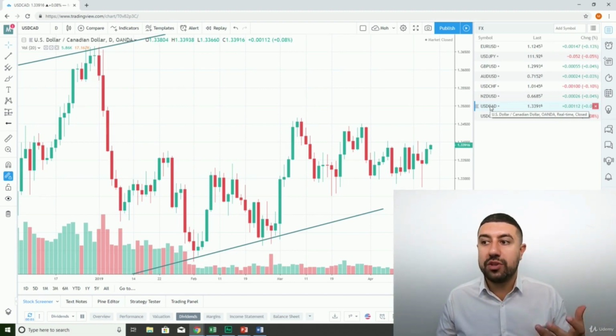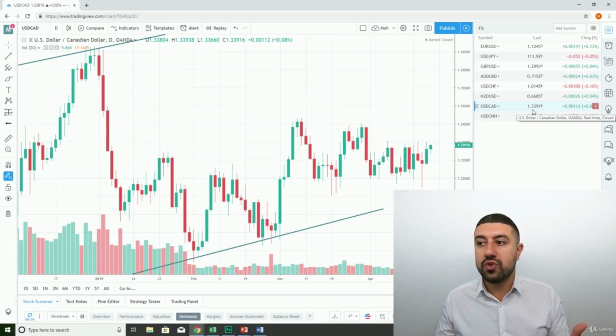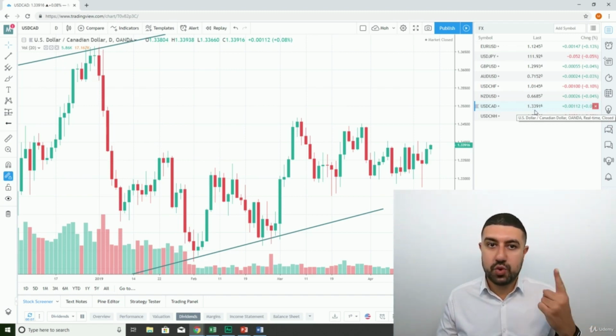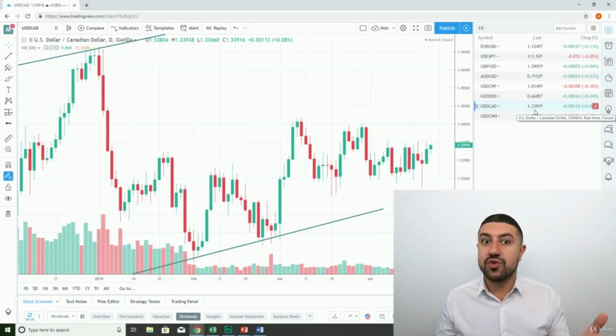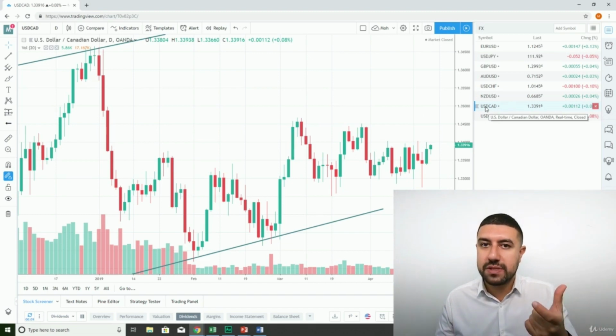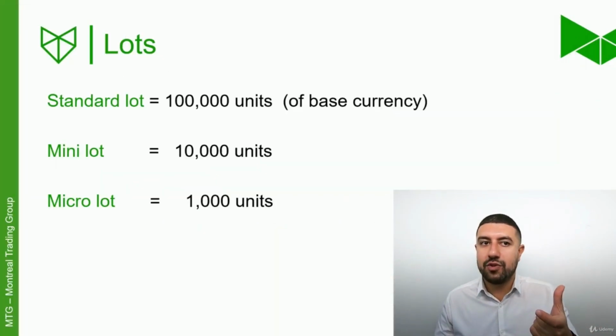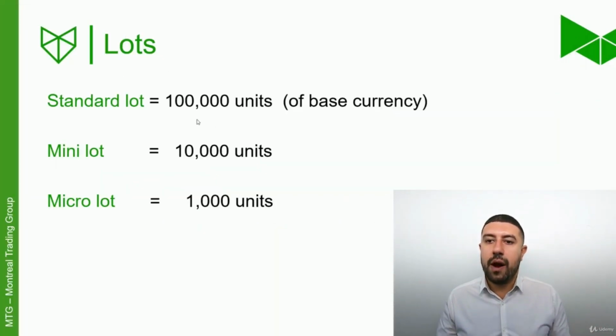Now, how much will it cost me? In Canadian it's going to be more, because a Canadian dollar is 1.33 for each one US dollar. So it'll cost me 133,000 Canadian dollars. But remember, when we talk about a lot, it's always in the base currency. We're putting that amount of money in. So if you're buying any currency and we're saying one lot, it means you're going to buy an amount worth $100,000